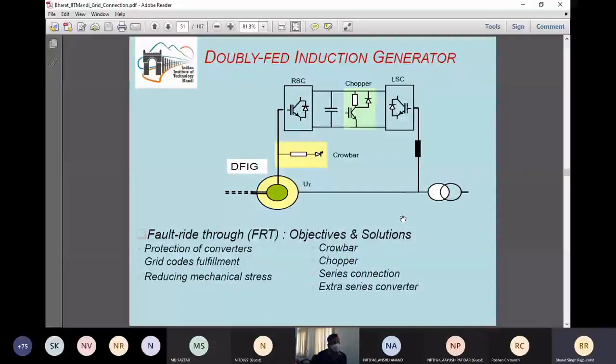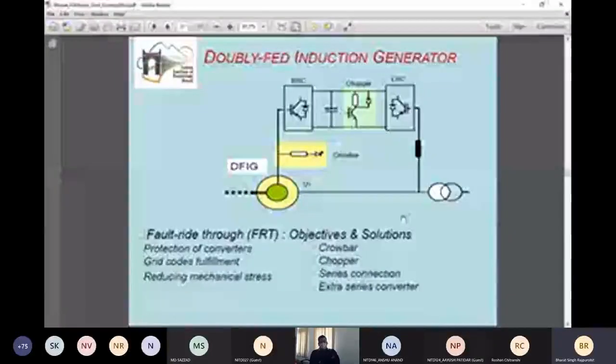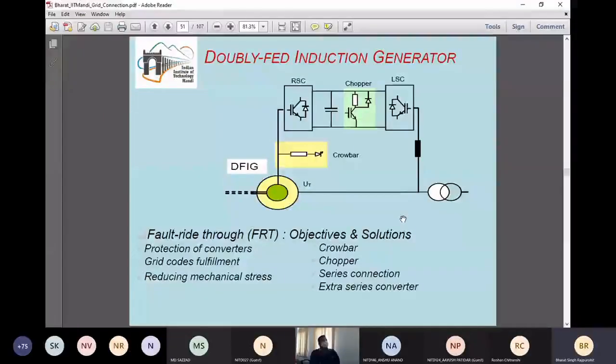This scheme is able to convert AC to AC. In this case, we can see that the rotor side converter is connected to the rotor of the doubly fed induction generator or wound rotor induction generator. This rotor is going to have AC of slip frequency, rotor frequency, and it is able to convert this AC power into DC, and then the line side converter is able to utilize this DC link to have on the right hand side a voltage and frequency of the grid, which is grid connected. So this is how the different frequency and voltage levels are handled.